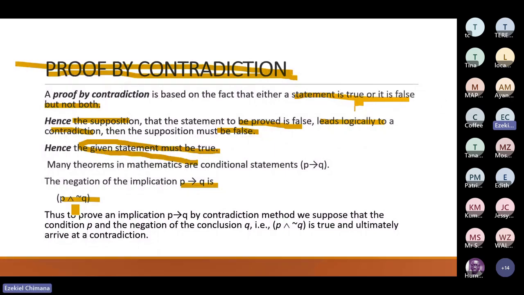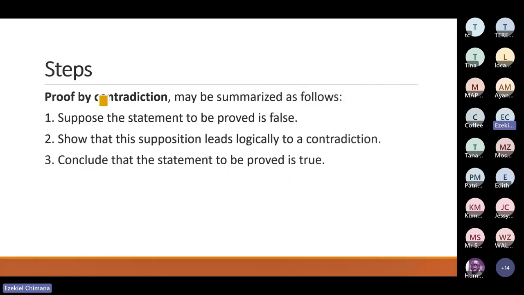So you first create a supposition, and then if it contradicts the original statement, you say that the original statement was true. But if it does not contradict, you just say that the original statement was false. That's what you have to do. So the steps are summarized as: